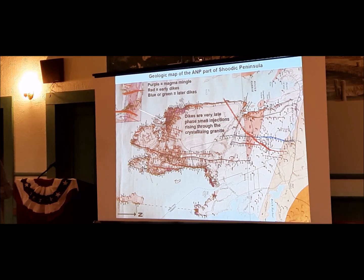Got a blank area in here. Have you ever been in there? A lot of spruce trees. And that's about all you see, a lot of spruce trees. But anyways,